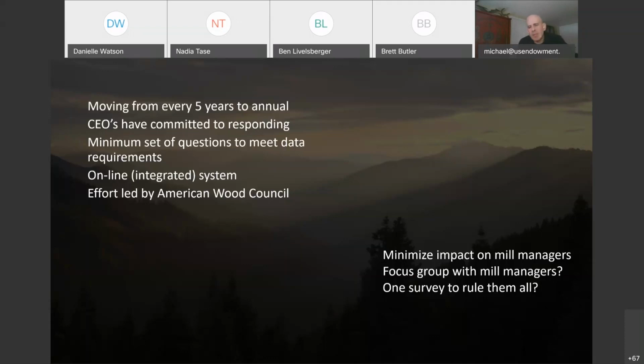And really what I'd ultimately like to see is one survey that actually meets the needs of all of us. So that the TPO data is integrated and has some energy information in it as well, so that we can start working through a way that the mill manager gets one survey annually. They know it's coming. They know what kinds of questions they're going to be asked. They're able to pre-populate some of that data with their own facility systems in an online type of system. They're able to integrate that into their accounting systems. So once again, they can reduce the burden on their data collection